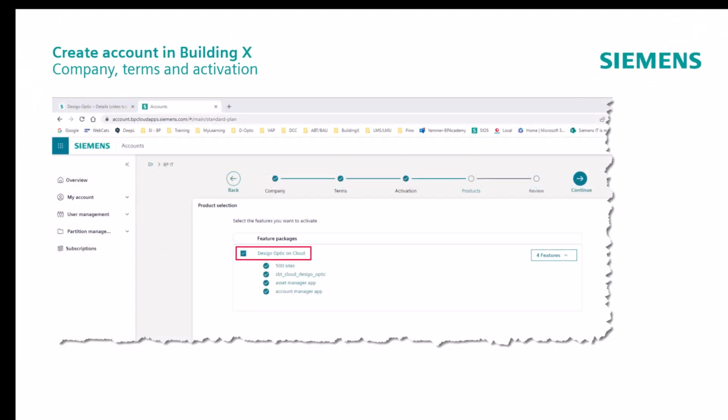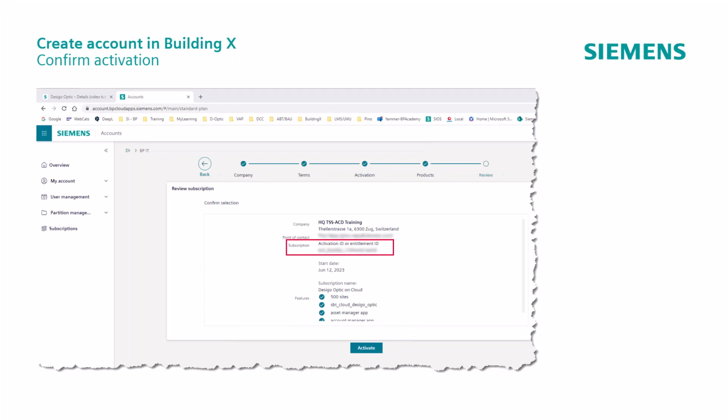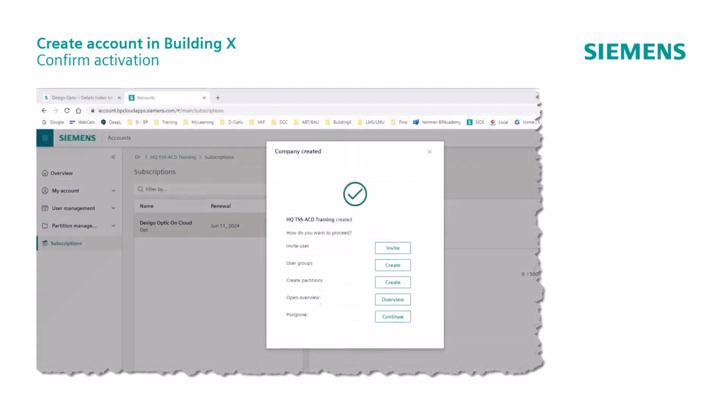With the successful activation, the product name is displayed, as well as all available features. The Asset Manager app is what we call the Device Manager. The registration process gives us the opportunity to verify the registration. Among other things, in our case the entitlement ID is visible here, because we have used this ID for registration. By clicking on the green button Activation, we confirm the correctness of the data and receive the confirmation with a